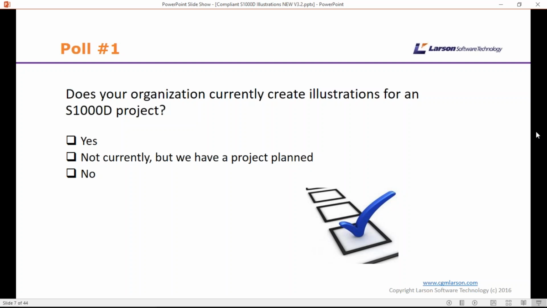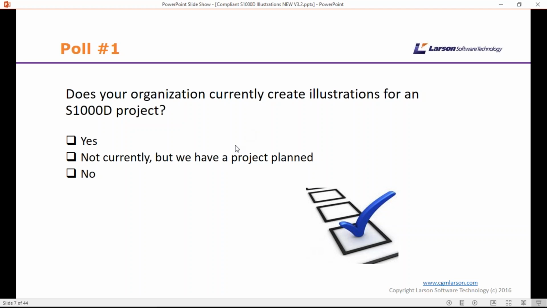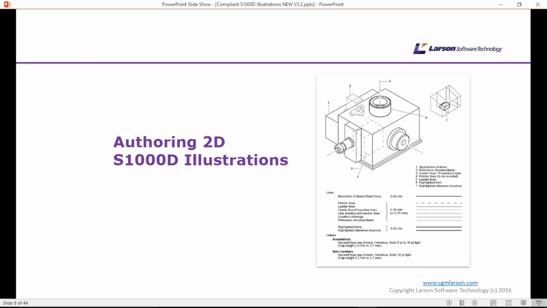And I'm going to share the results with you. So you can see that 57% actually do have S1000D projects, so that's great. And 26% no, and not currently planned, but we have a project planned. So that's great. So we've got a really good diverse audience this morning. So thanks for your input there.